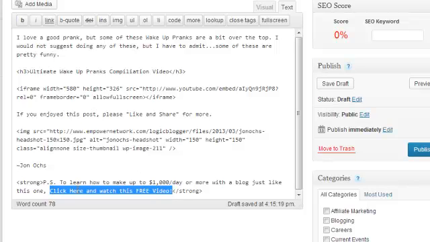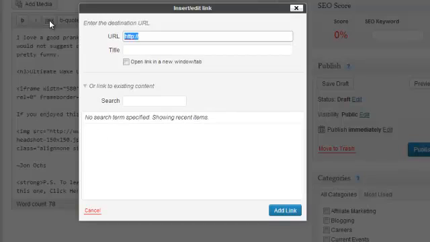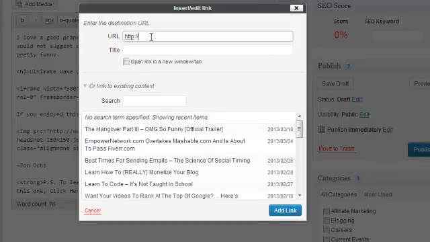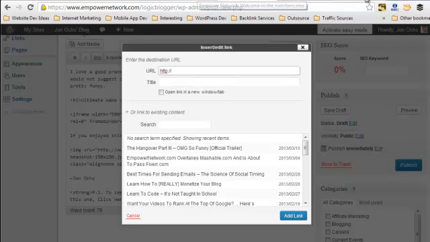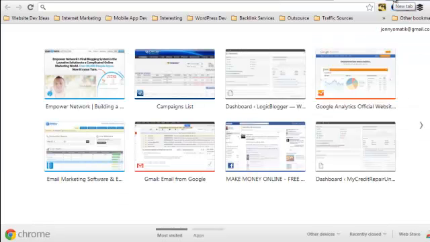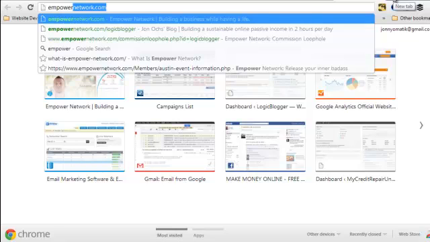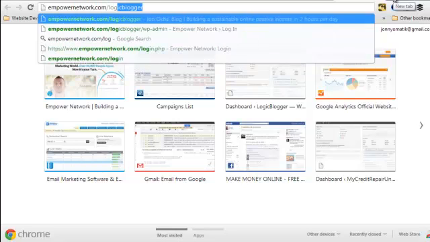So you just hover and select the part that you want to be the hyperlink. Go up here and click link. And then in this field, you're going to actually put the link to one of your capture pages. Now, if you're not sure what that URL is, here's something simple you can do. Just open up a new window and go to your Empower Network blog.